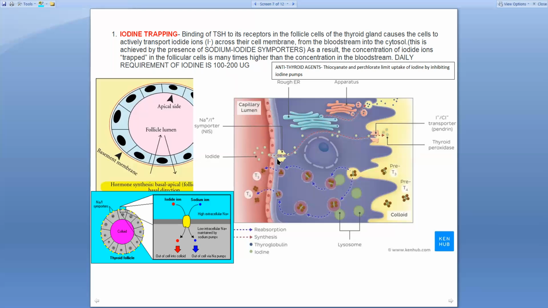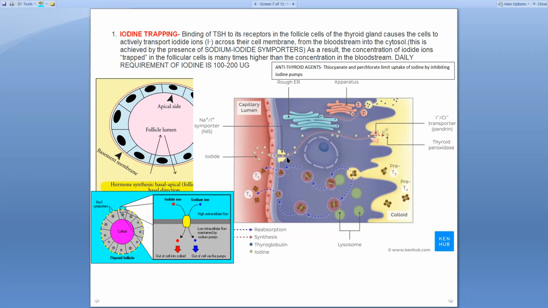Sodium iodide symporter will import the iodide ions from the blood into the follicular cell. So the iodide ions are transferred inside. This is one more protein called pendrin. We will study about pendrin later, but we have to remember that